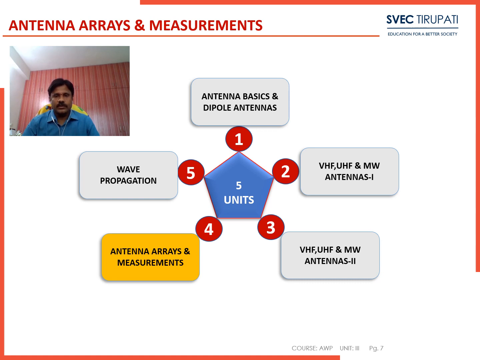So this fourth unit is divided into two parts. The first one is antenna arrays and the second one is antenna measurements. In the antenna arrays part, we will see how different antennas can be grouped and how the resultant radiation pattern can be obtained. Then, after obtaining it, in the second part, which is the measurements of this fourth unit, we will see how to measure not only the radiation pattern but all other related parameters of the antennas.